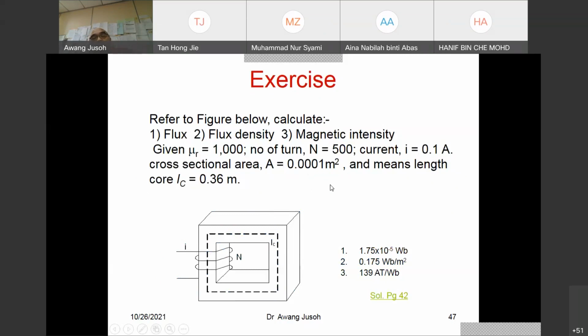This is the other way around. In the previous example, they gave us flux and flux density, and asked us to find the current. But this one, they give the current, and they ask you to find these other parameters. I think I give you the answer here. So you can do your own. Some parts you do your own, some parts we do together later on, depending on the material. I think the simplest one you can do your own. You try this on your own. It is just like homework.